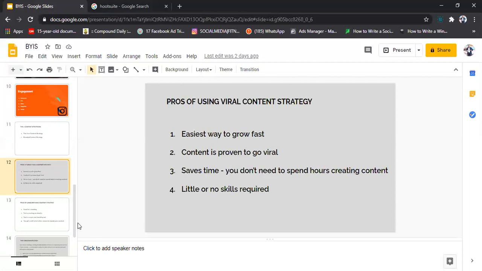Use hashtags, words that are related to your niche. Go through them and you will see lots of content. I haven't shared this with anyone before, but I'm sharing it with you guys now. It is the easiest way to get content. You don't have to be struggling about content. You can create your own content using this, not even this viral content strategy, but generally. If you don't want to stress about content, just go to Instagram and use the hashtags.